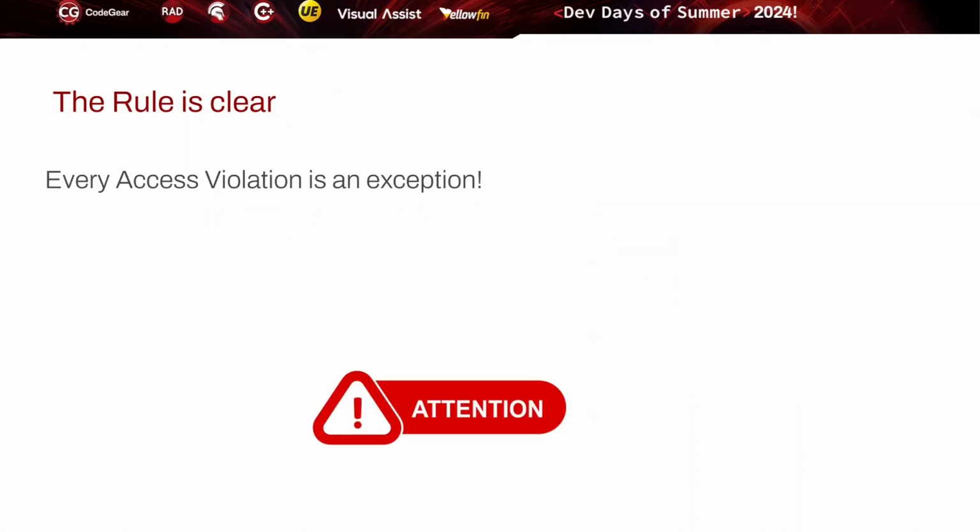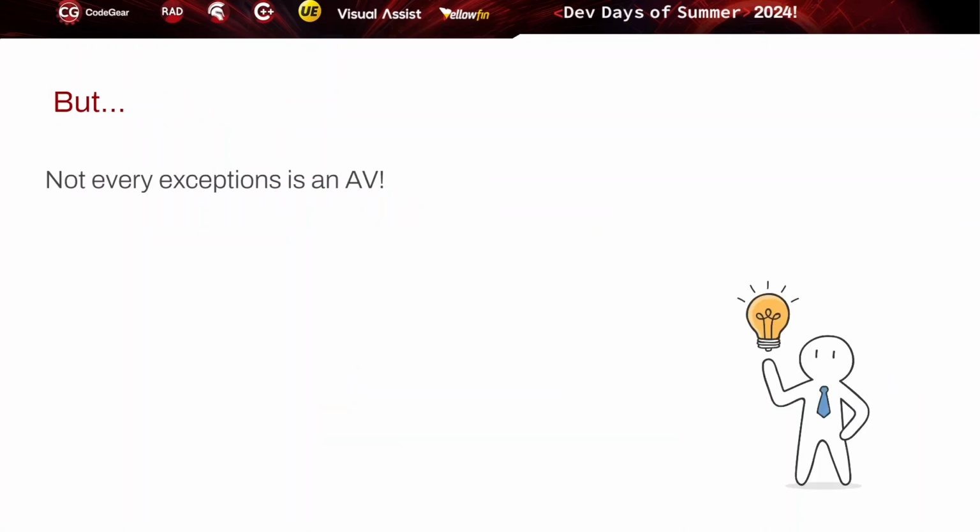The rule is clear: every access violation is an exception, but not every exception is an access violation. And this distinction helps us, because if we eliminate all the access violations, it will be very simple for us to elaborate more complex exception handling routines